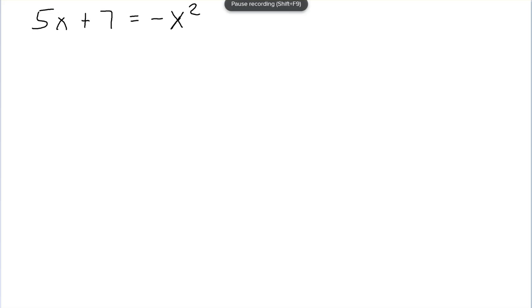Alright, here's another example for you. Let's solve this thing using the quadratic formula. Now, first of all, since I worked this thing out ahead of time, I know that the answers are going to be imaginary. So let's talk just for a minute about how to simplify or work with expressions that